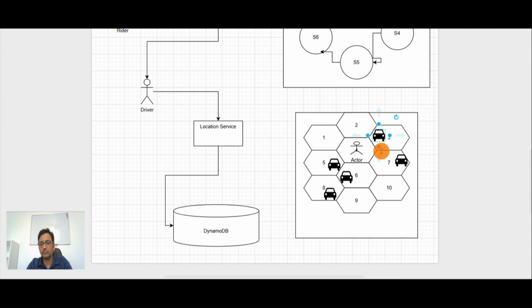Something like this. So that's how the application will break the entire map into hexagons. Each hexagon has its own ID, which is like an independent piece of the map. And what it will do, when this rider wants to book a ride, what the application does, the application draws a